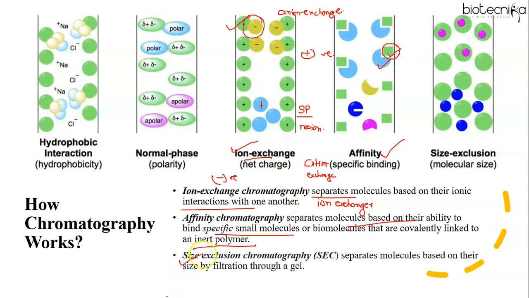Then size exclusion chromatography separates molecules based on their molecular size, by filtration through a gel. The gel consists of spherical beads as shown over here, containing pores of specific size distribution. Separation occurs when molecules of different sizes are included or excluded from the pores within the matrix. The stationary phase is a resin of porous beads that traps small molecules but not larger ones. As shown over here, larger molecules will be eluted first, and small molecules, as they are trapped inside these gel beads, will be eluted later. Compounds with high molecular weight and large diameters are excluded because they are too big to fit into the pores of the beads, so they will be eluted first.